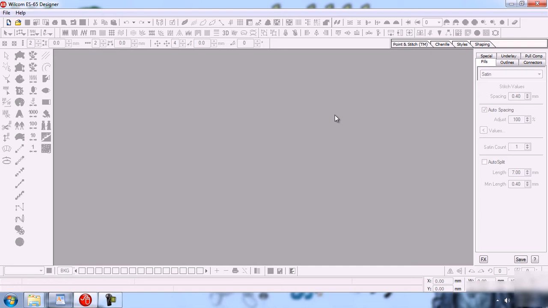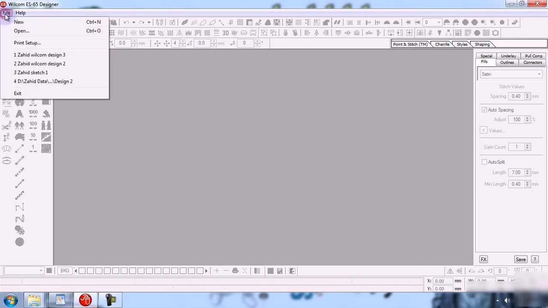So simple and so easy. You have to click on the file button and then you have to click on the new button. Its shortcut is Control N. You can press Control N from your keyboard to create a new project.